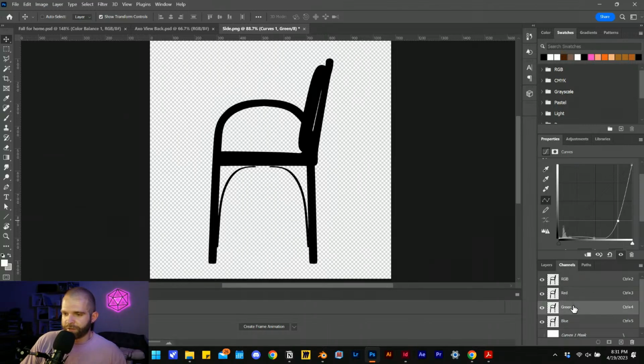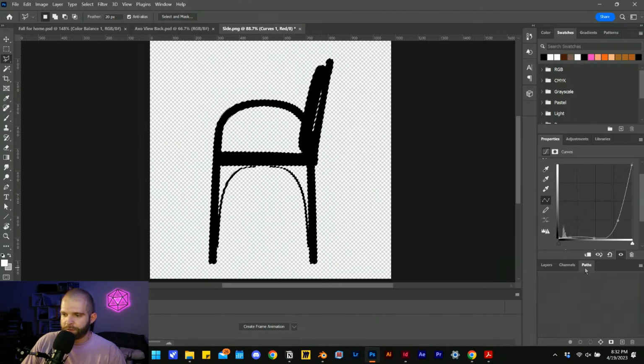And then we go to channels, and now I don't think it matters which one we select. Control click any one of these, and we'll select that negative space. We can hit Control Shift I to now select that closed in region. And we go over to paths and we select right here, make work path from selection. So now that's become a vector path,